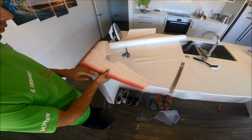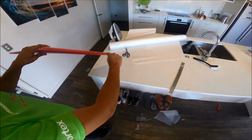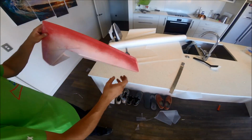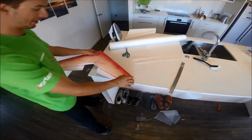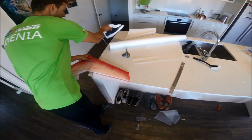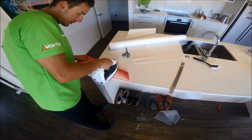So after letting my wing cool down for a little bit, I've noticed that this wingtip is now slightly bending upwards. If you look along it, I've actually got this slight curve up. So what I'm going to do is put this down flat on the bench, again with the raised side down on the bench. I'm going to get my iron, and run the iron along there again,